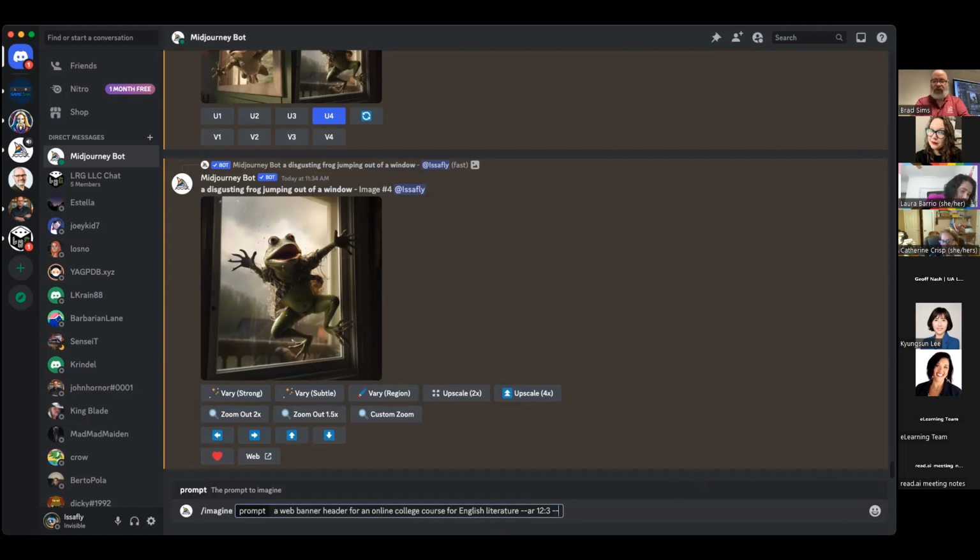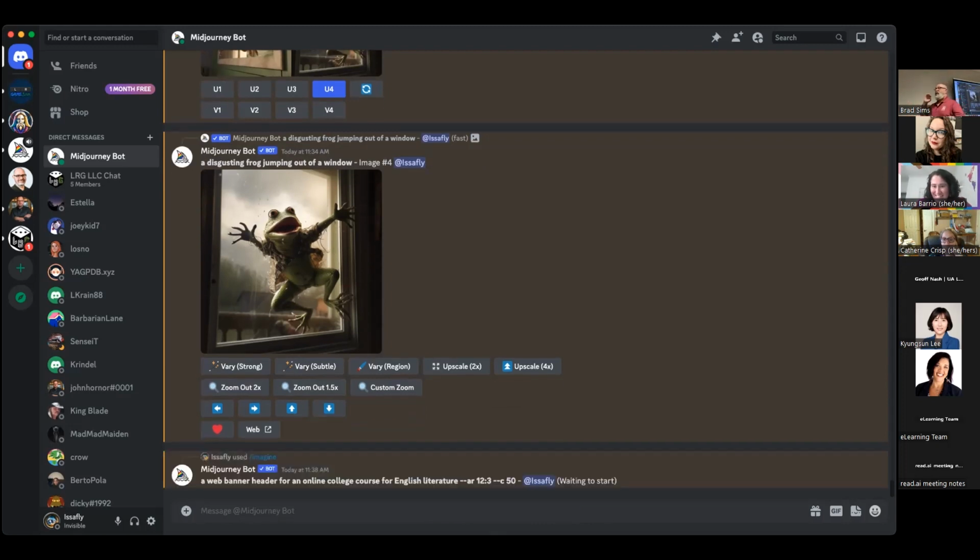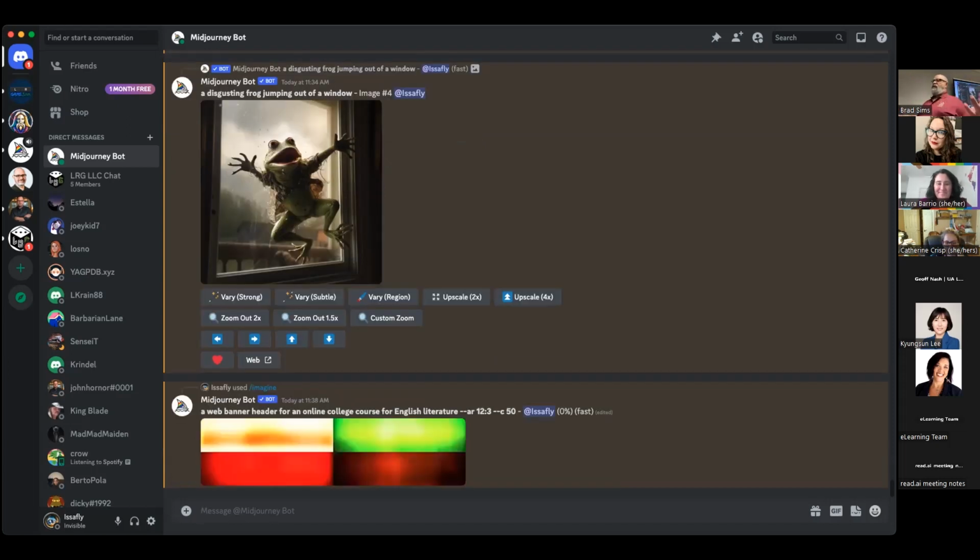I'm also going to put some chaos in there, chaos level 50, so that we get some different looks there. Now I could go in and specify a whole lot more. I could say base this on a maroon and silver theme. I could say make it be photographic or cinematic, or all of these sort of terms of art. I could even say make it in the style of Leonardo da Vinci or Geoffrey Chaucer, because it's an English class, or a